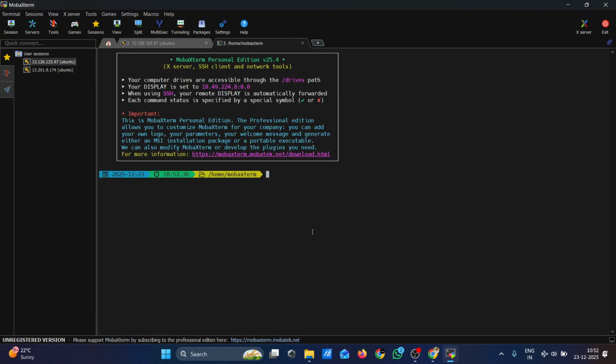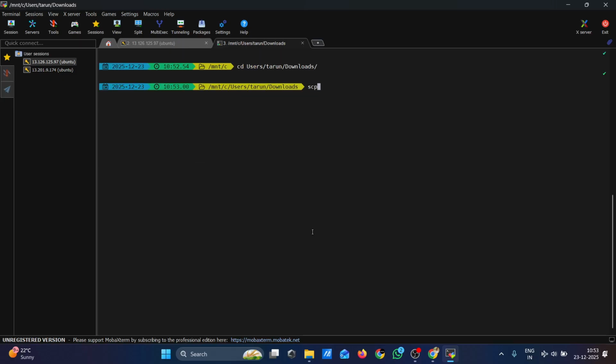Let's try to copy it by using this command, secure copy. Try to provide the path where the key pair is available,